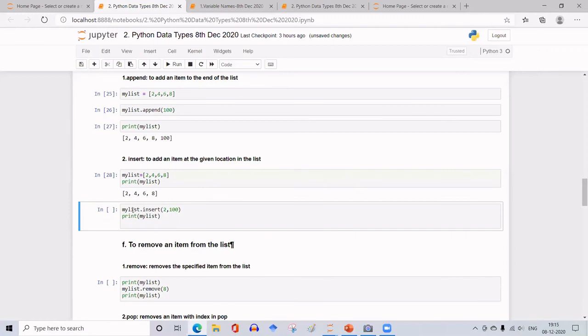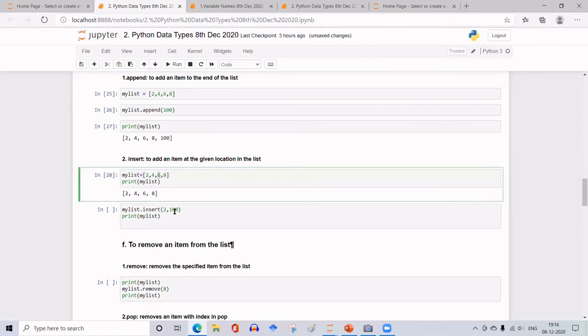Okay. So now my list dot insert. First, you give the index number and then give the data you want to insert at that index. Okay. So here insert within brackets 2, 100. 2 indicates the index, which is the place of index 2 in this list: 0, 1, 2, that is 6.